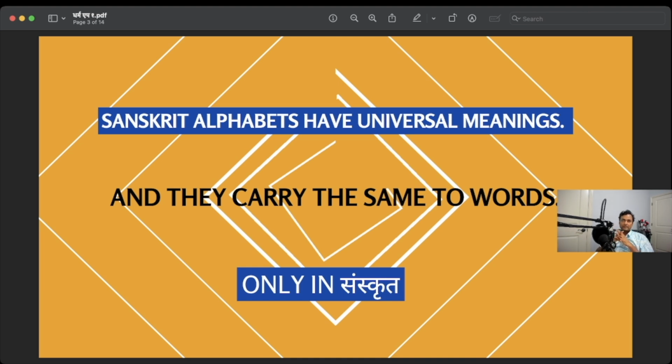It means that if there is a word for a bird called khaga, kha, ga, and visarga, then kha means sky. It universally means sky. In every place where you have kha, it will have some meaning of akash, sky, and the various synonyms or antonyms of sky, depending on the usage. Ga means the action of going, so khaga is one who goes to the sky. This is how Sanskrit is built.